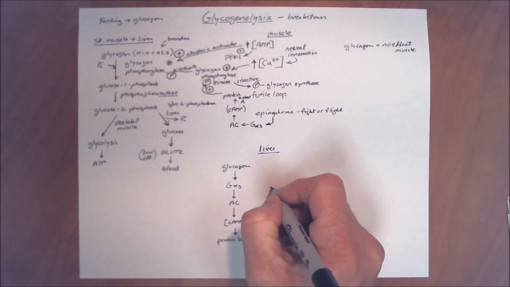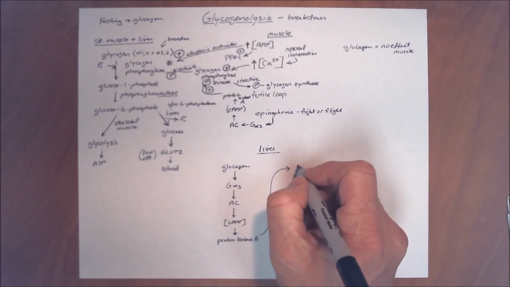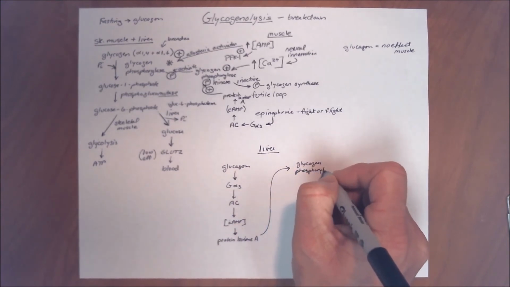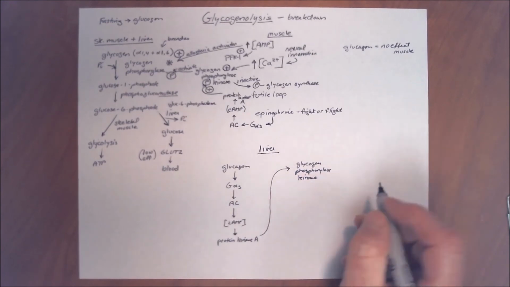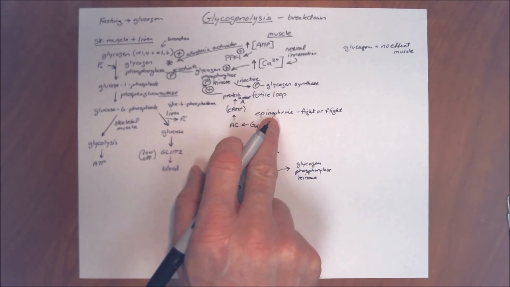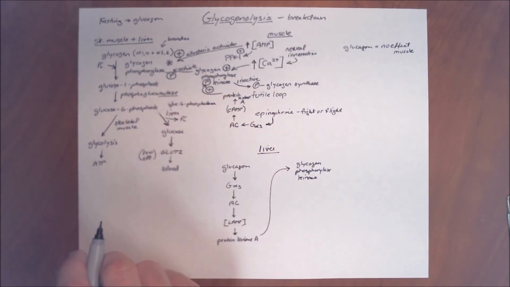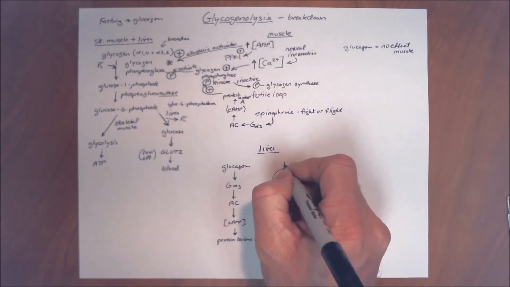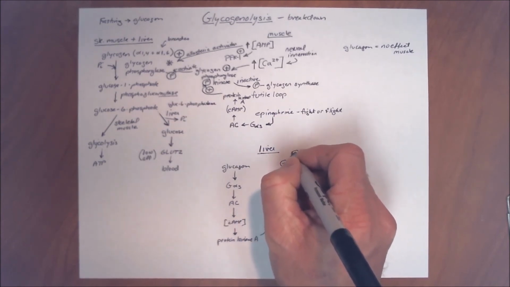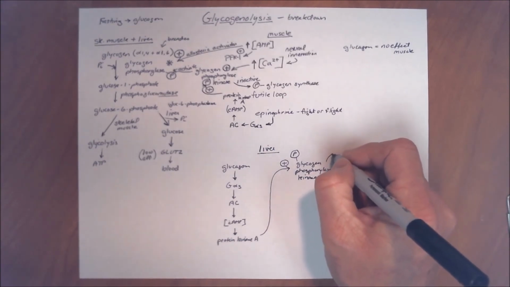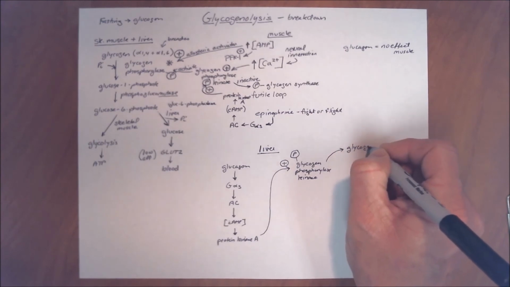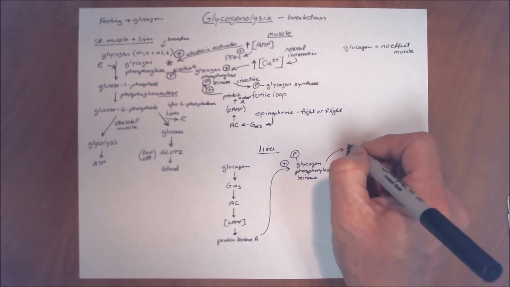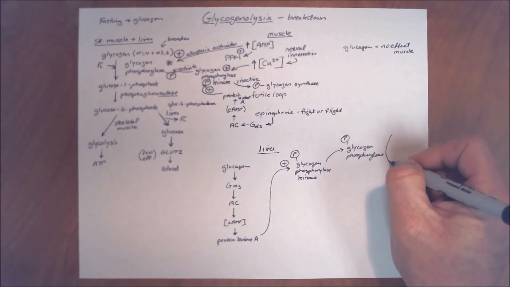Protein kinase A will in turn activate the glycogen phosphorylase kinase in the same manner that epinephrine activated the protein kinase in muscle. But this is now due to the response of glucagon, a fasting signal. So this phosphorylation event activates the kinase, and now the kinase will activate glycogen phosphorylase by a phosphorylation event,